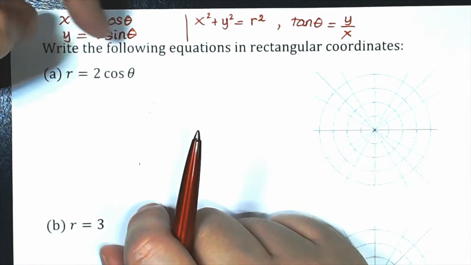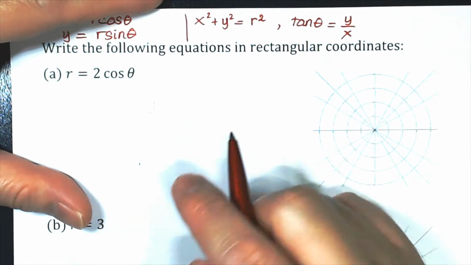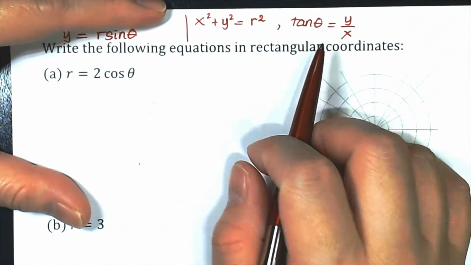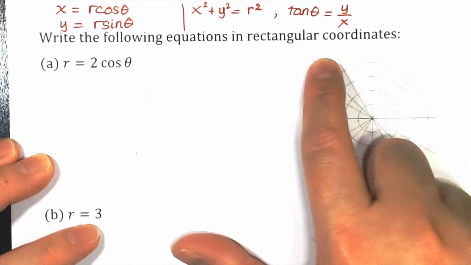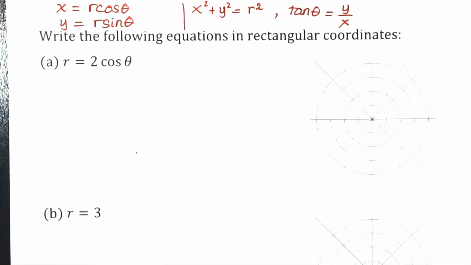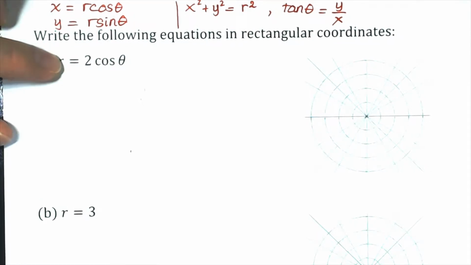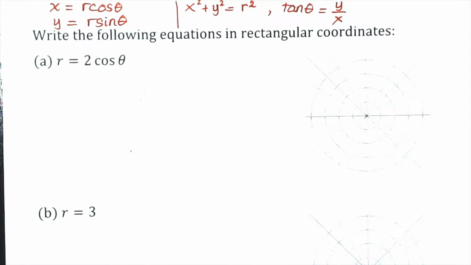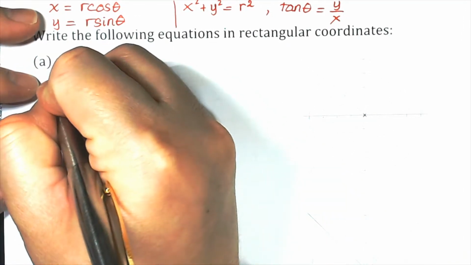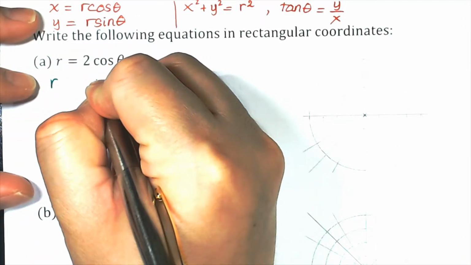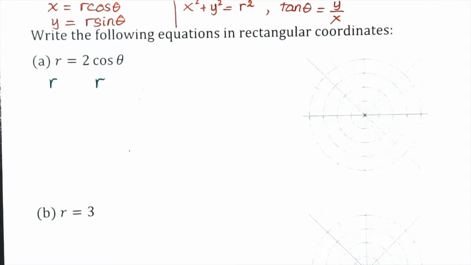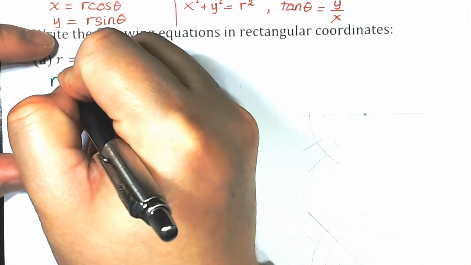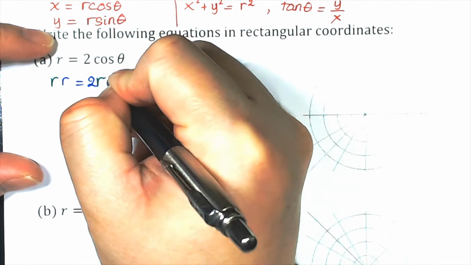If we have r and theta, we have x and y, and if we have x and y, we can find r and theta. Alright, but in this problem, we will go to rectangular forms, meaning to x and y. So here we have r, we don't have r squared, but we can multiply by r. I'm going to put r right in the middle of 2 and cosine theta. So I should have r times r equal to 2 r cosine theta,